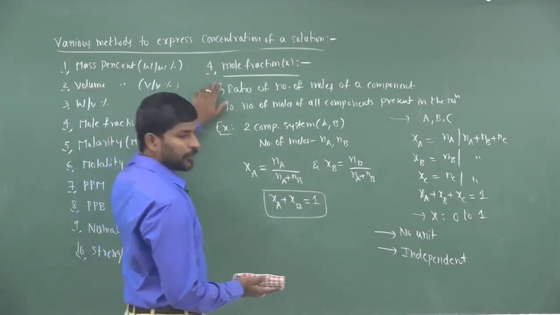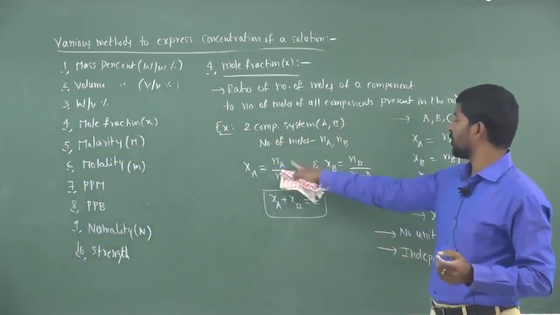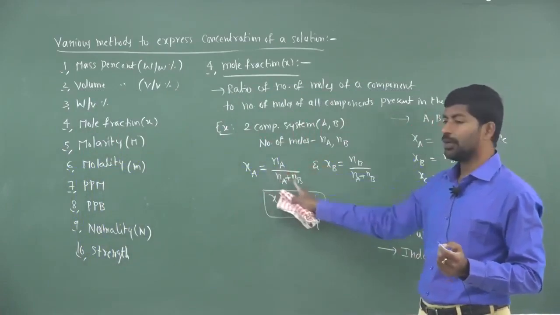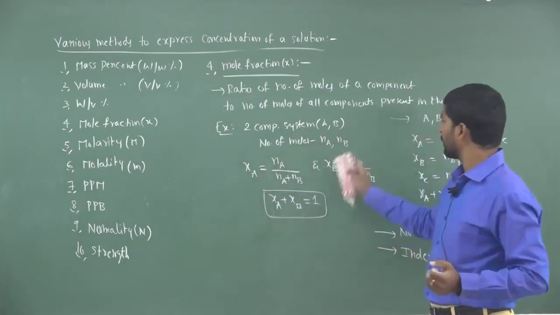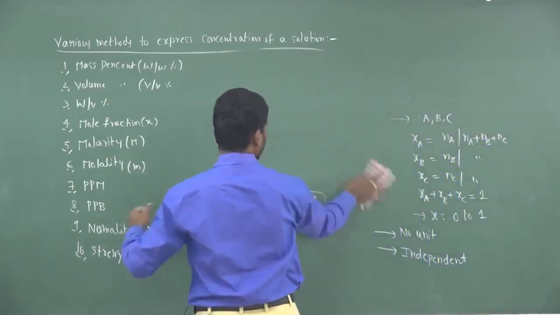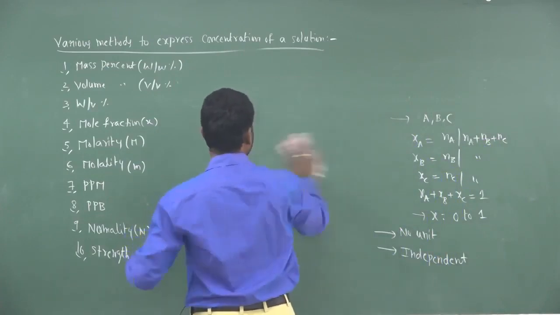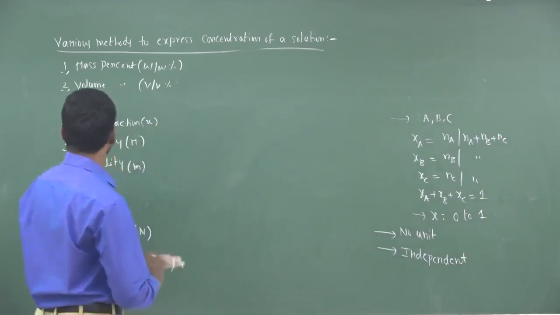Okay, this is the concept of mole fraction or mole percent. It is the ratio of number of moles of a component to total number of moles, that is called mole fraction of that component. Always the sum of the mole fractions is equal to 1. The limits for mole fraction are 0 to 1, no unit for mole fraction, and it is independent of temperature. So next one,